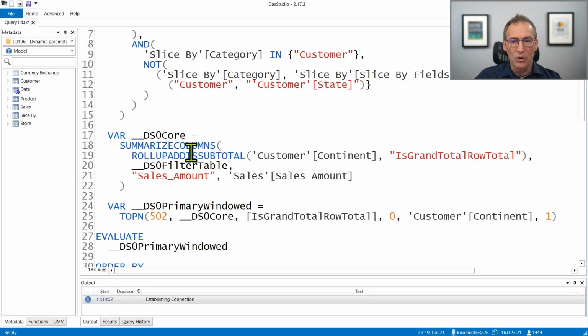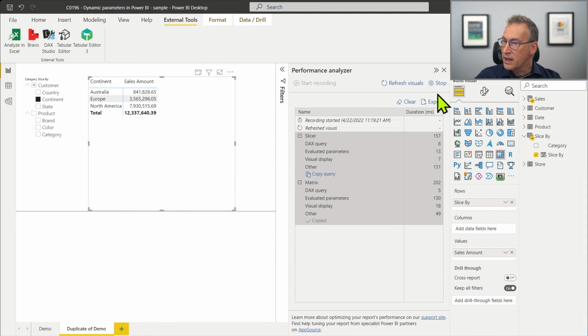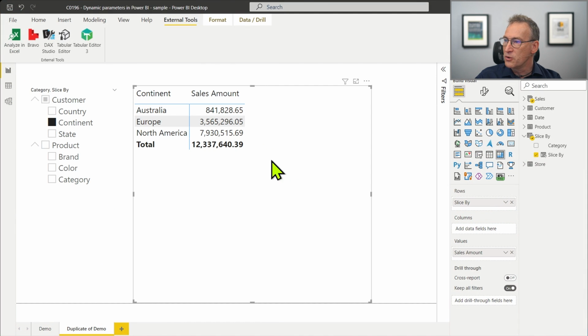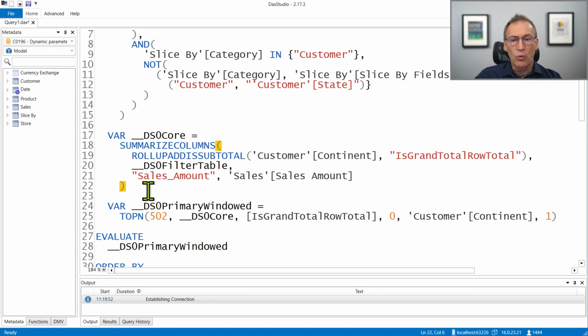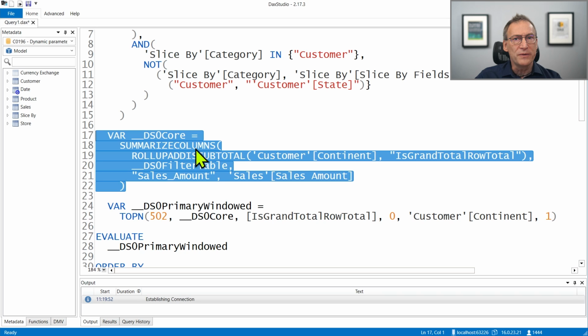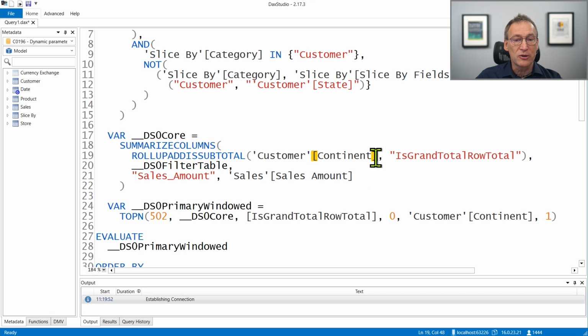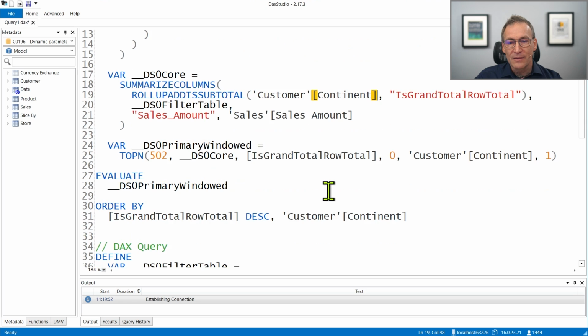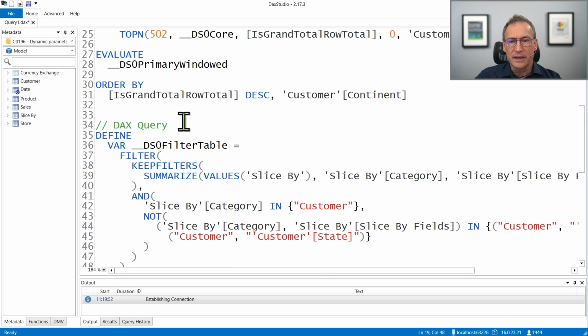Summarize column with roll up at the subtotal by customer continent. If we look at the matrix, it is slicing by continent. So the query that is actually retrieving the values is slicing by continent. So it's not dynamic by itself. And then we have another query later